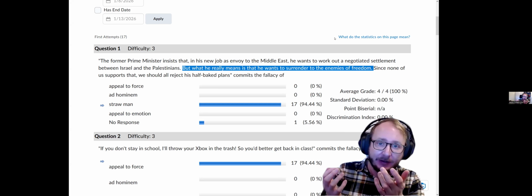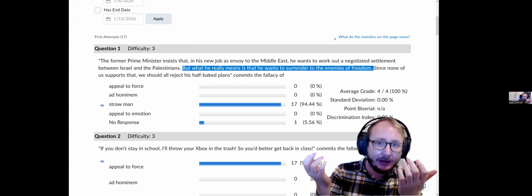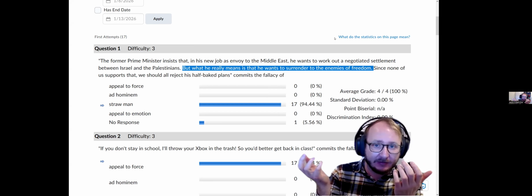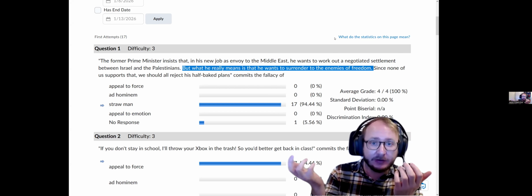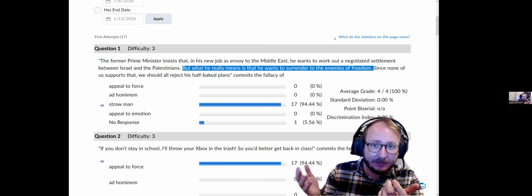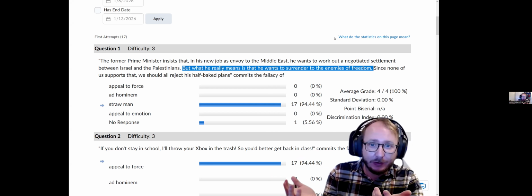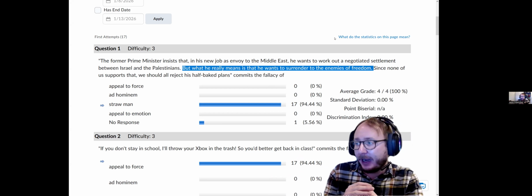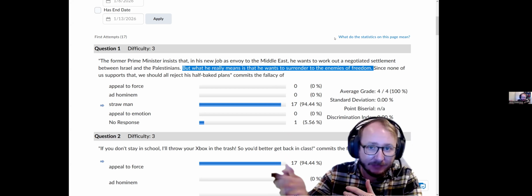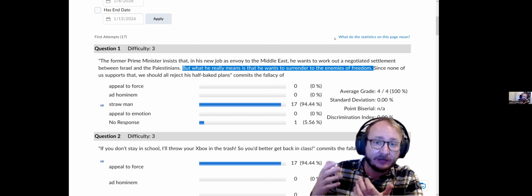So for the straw man fallacy, what you have to imagine is two people having an argument. One person states their argument, and then the second person makes an argument in response that mischaracterizes, misconstrues unfairly the first person's argument, right? And straw men are a distraction tactic. They allow you to pretend like the other person you're arguing with is unreasonable or stupid or crazy, and that therefore nobody should listen to them. When in fact, you really haven't addressed the substance of their argument at all because you're arguing against a different argument that they didn't make, right?